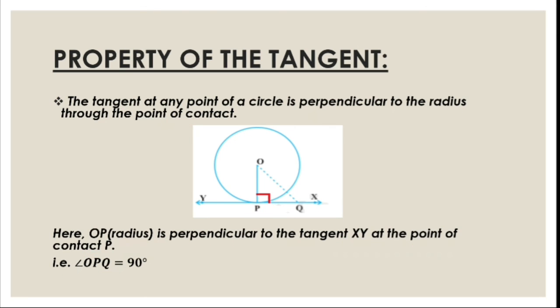Okay, suppose you are taking another point here. Suppose this point is A. Okay, and at this point you can draw a unique tangent. So if you join OA, and suppose this tangent is CD, then by this theorem you can say that OA will be perpendicular to CD. Okay, so this theorem is true for any point on the circumference. Okay, so this is a very important property of the tangent.